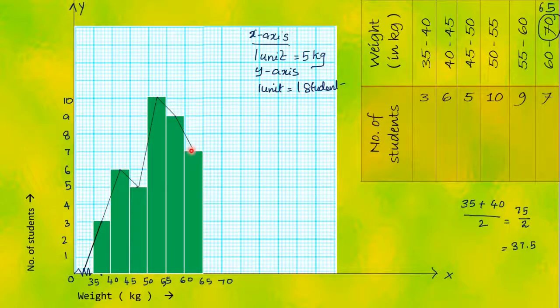So we are going to draw the line segment like this. Hence, we got a frequency polygon using histogram. So what have we done here? From the given question, we first construct the histogram and consider the class mark of each class interval, or in an easy way, we find the midpoint of the tip of each rectangle and we just join the consecutive points using straight line segments. Hence, we got the frequency polygon.